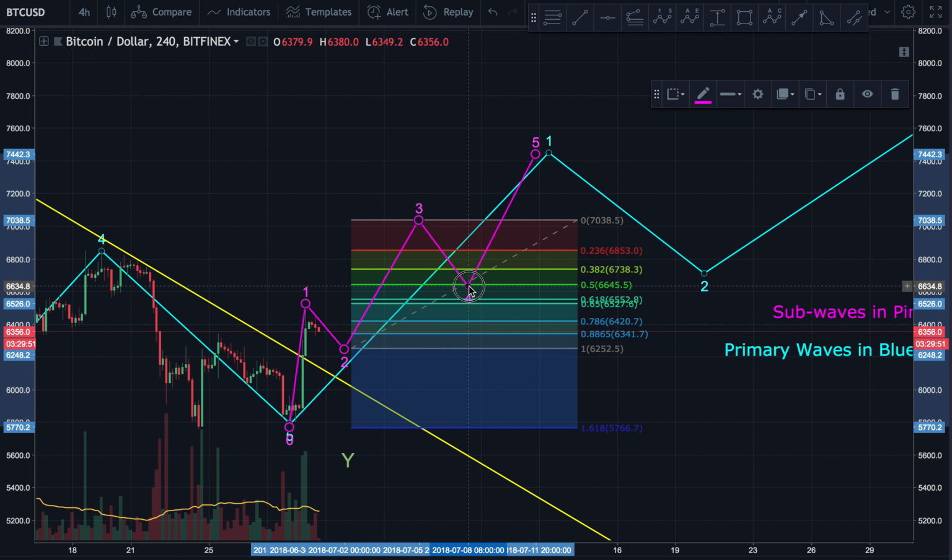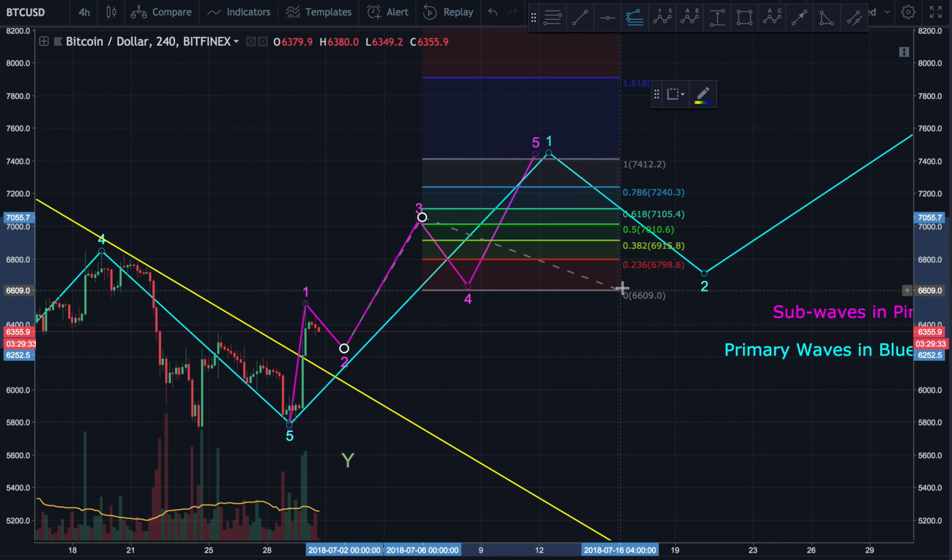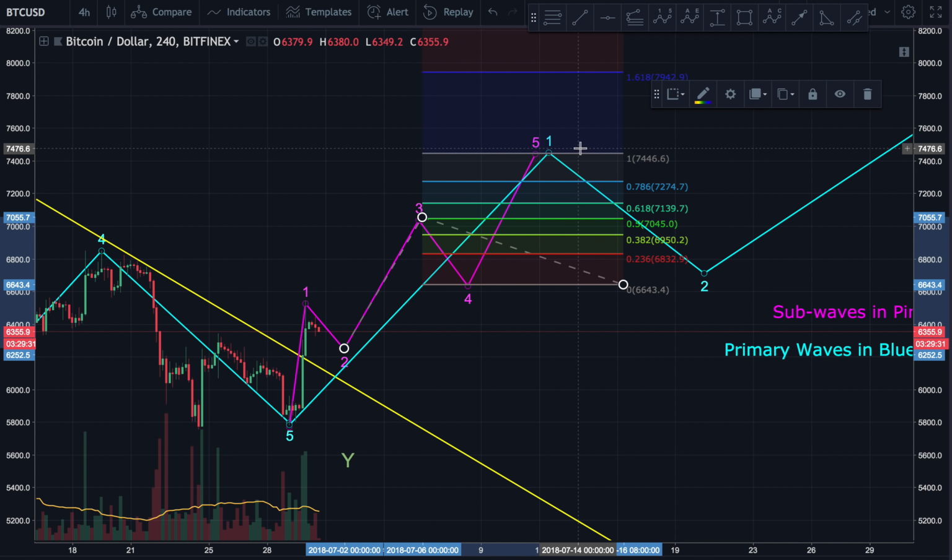As we explained earlier, if wave 2 goes shallow, wave 3 goes deep, and vice versa. I'm going to say wave 4 will probably go maybe the 0.5 fib level, and then that would bring us up into our 5th wave. If that is in fact the case, pulling our extension, we go right here, bring us up to an exact 1-to-1 target, and that is why I've got this target of wave 1 here at about